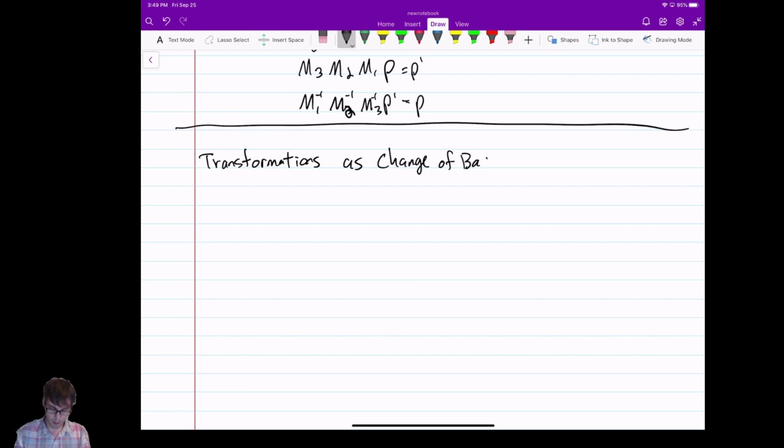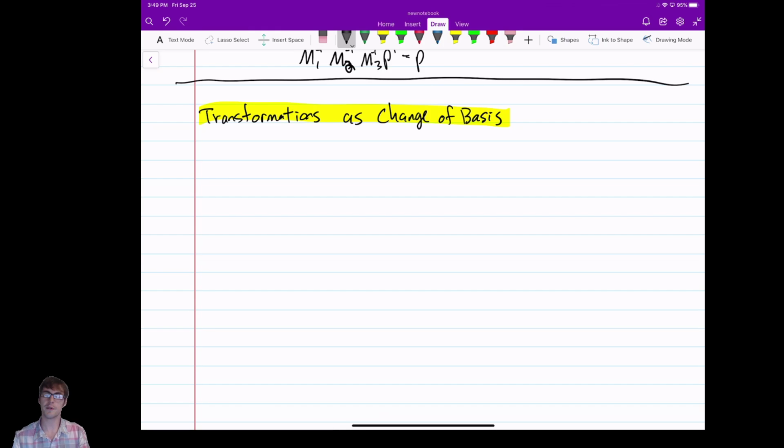It might be worth your while, if you haven't done linear algebra in a long time, or you forget what a basis is, to pause the video and Google what's a basis in linear algebra and read some quick, just to get yourself back into the mind space. So I'm going to explain it briefly, but this is no replacement for your linear algebra textbook, okay? So if we transform geometry,